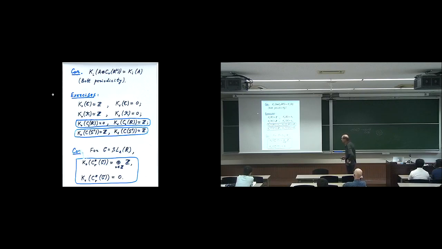of K-theory. And the corollary for SL2R is that the K-theory decomposes into the direct sum of infinitely many copies of Z. Now these numbers n, for n not equal to 0, correspond to discrete series. Each point in the dual gives you a copy of Z, because for complex numbers you have Z. K0 is Z. And for n equal to 0,